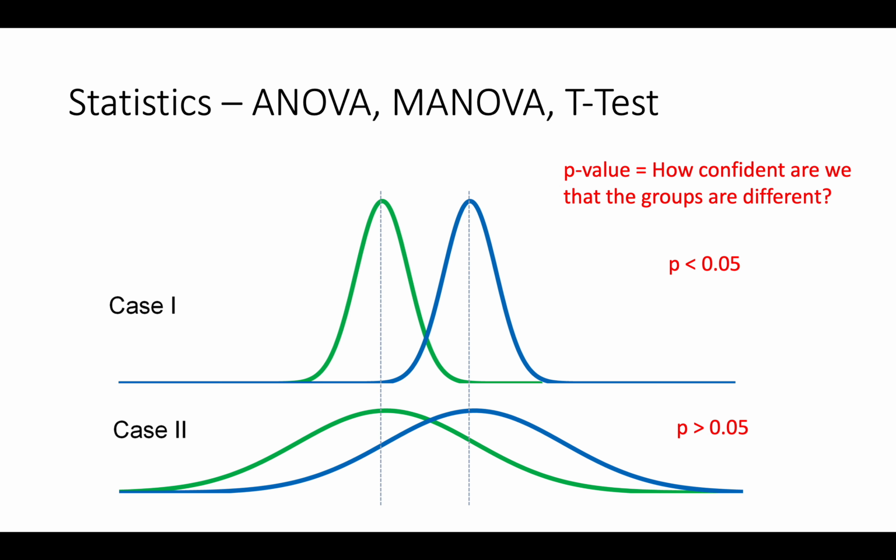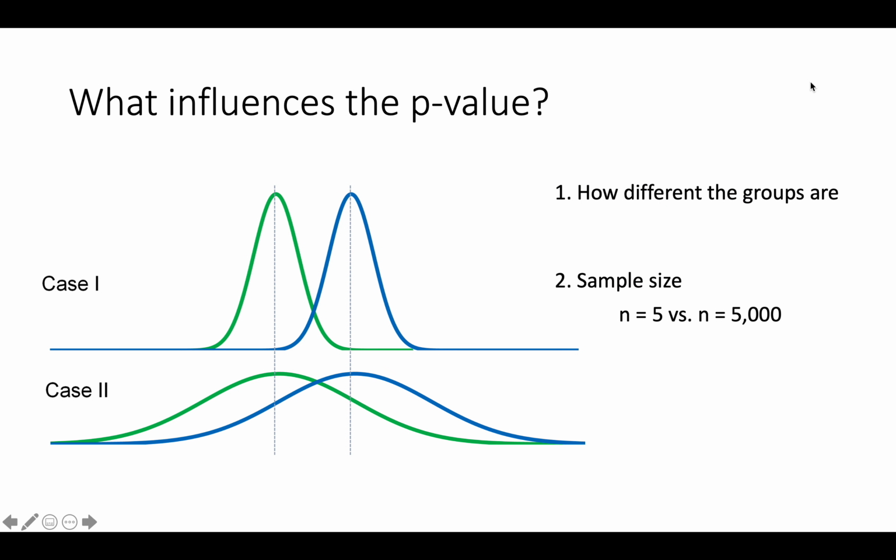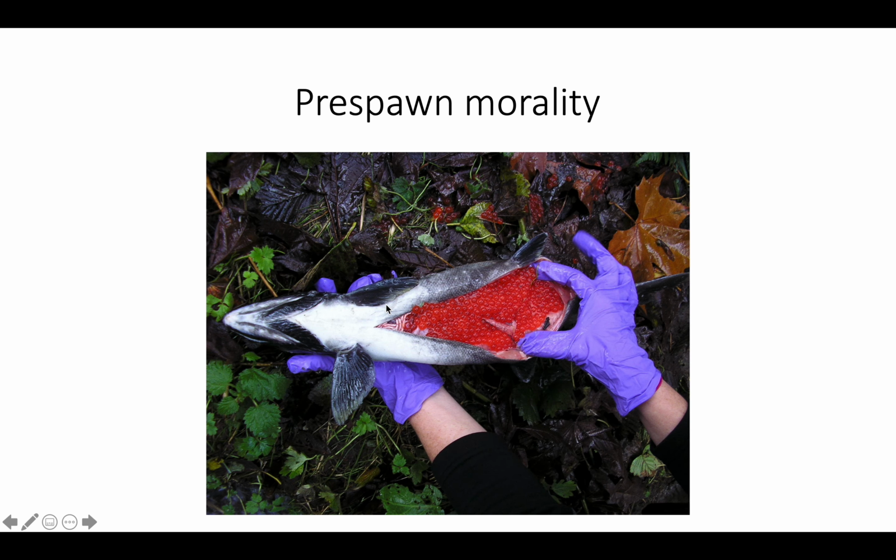Again, all you really need to remember is that p-value is how confident we are that the groups are different. The lower the p-value, the more confident we are. And how different the groups are and how big the sample size is going to tell us how confident we are. And the last thing that I wanted to go over, which is pointed out in the results section,